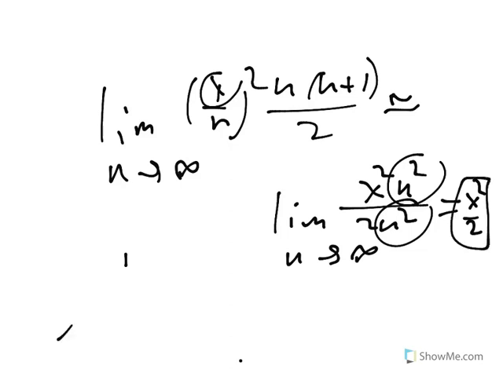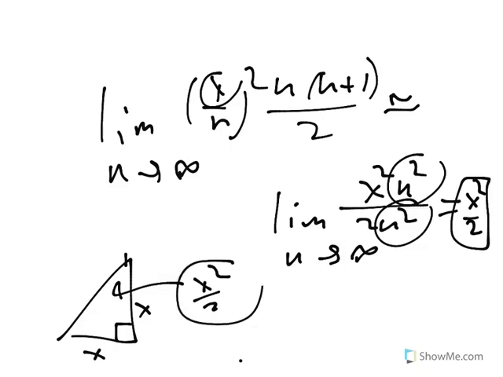And I know this is a very long way of showing that the area of a triangle is x squared over 2, something we knew a long time ago if it was a right triangle, 45, 45, 90 right triangle. But this method is going to be really powerful when we make a slight change,